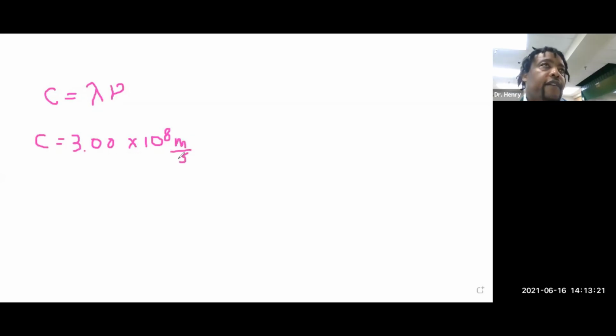So we're trying to find out for, let's say, green light. So green light has a wavelength of 560 nanometers. Now, if I'm going to use this, I need to make sure that my units are the same. So I have to change my nanometers to meters. So if I have 560 nanometers,